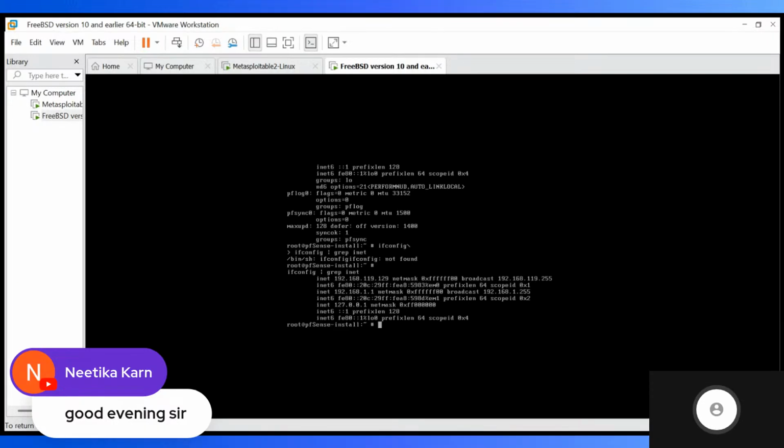So we see that the pfSense command line interface says that the inet, so this also has two interfaces. This says that the inet is 192.168.119.129 and the subnet mask is 255.255.255.0. But we have typed 56. That is the error here.